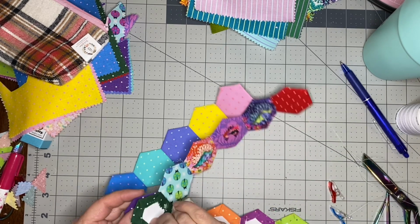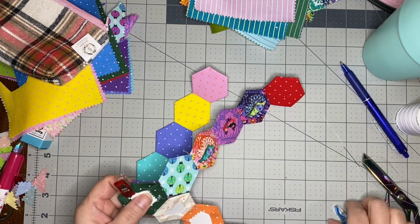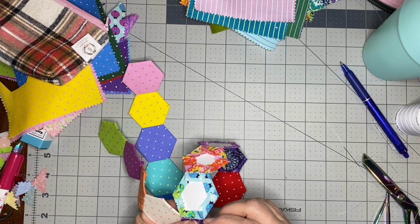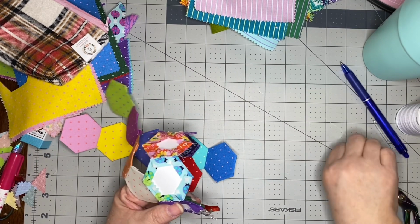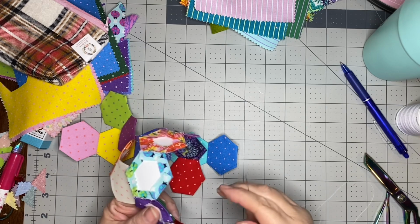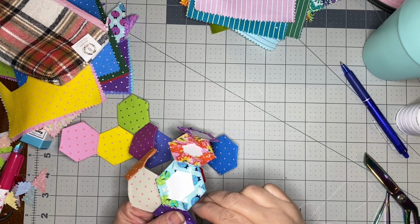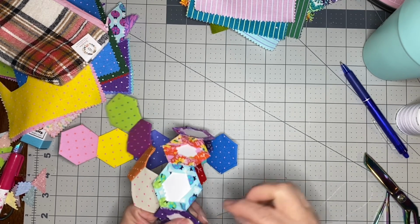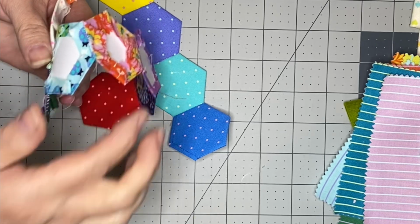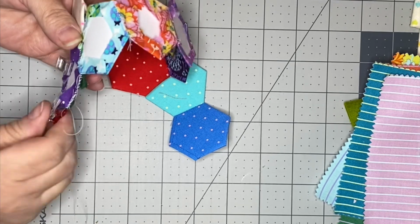So we're going to start here. Clip that. I'm going to start at this end and go. All right, so I'm going to start at this end. Since we're going to be sewing the entire line together, I'm not going to knot it at the end. I'm just going to unclip, move it around so that the next piece is ready to go, and then just keep sewing. Okay, as I said, since I'm doing straight across, not going to knot it at the end of this one. I'm simply going to unclip,